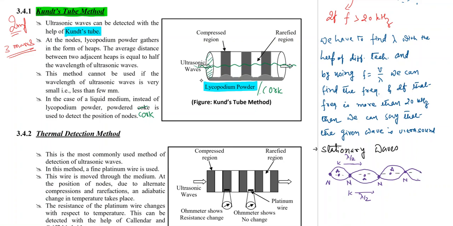As the ultrasonic waves pass through this region, they produce compression and rarefaction, and due to this, the lycopodium powder or cork powder accumulates at the point where the compressed region is formed, and we will see the heap